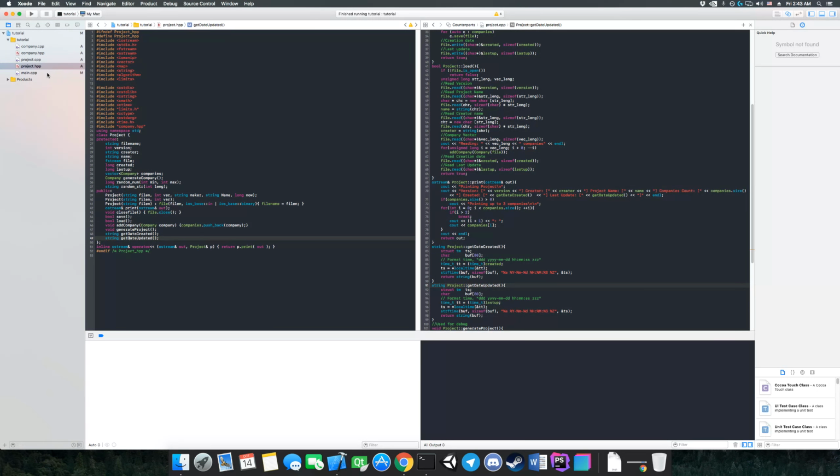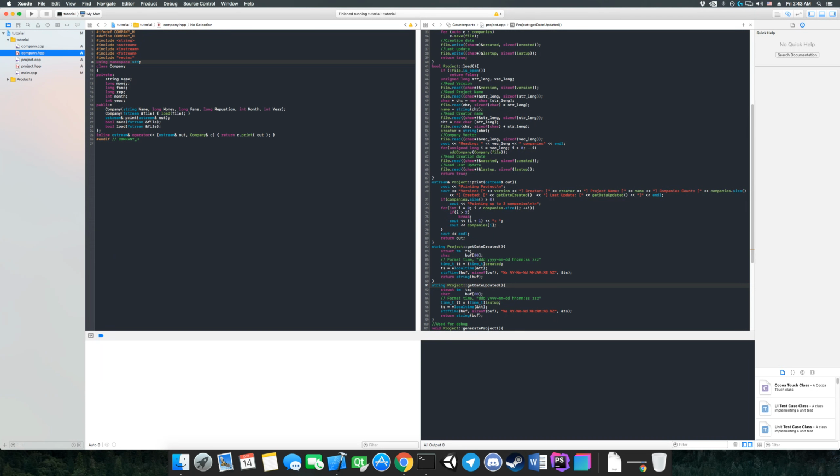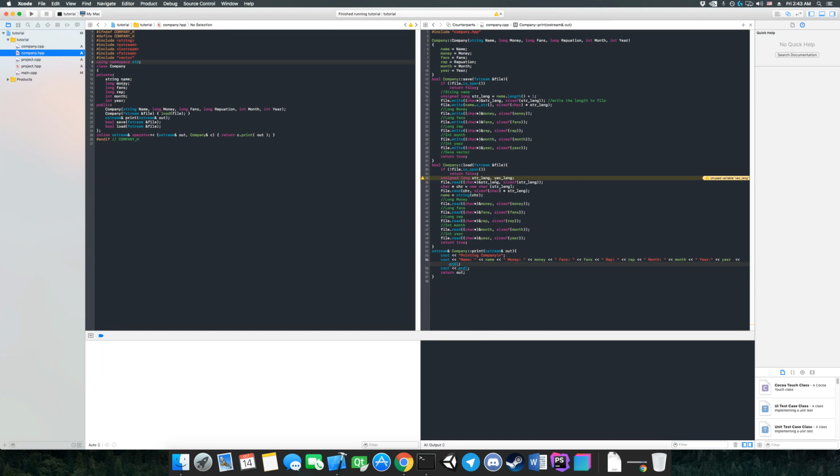All right, so let's go over company. And company doesn't include much. It includes a name, a long for money, fans, reputation, an integer of month and year. And then it has two constructors. The first constructor is to use as a way to actually create a new company. And then the second constructor has a pointer basically to a file,